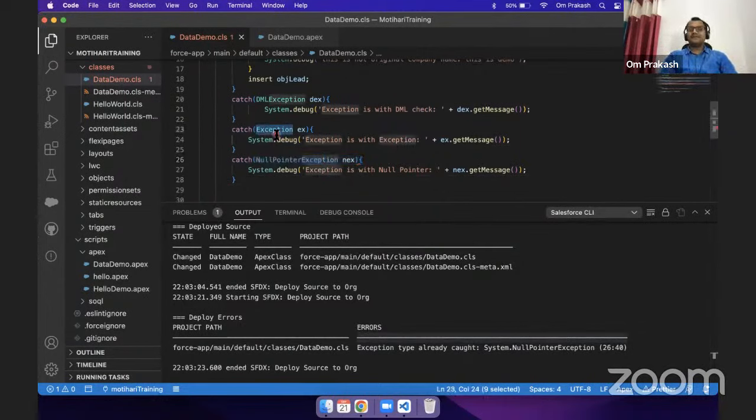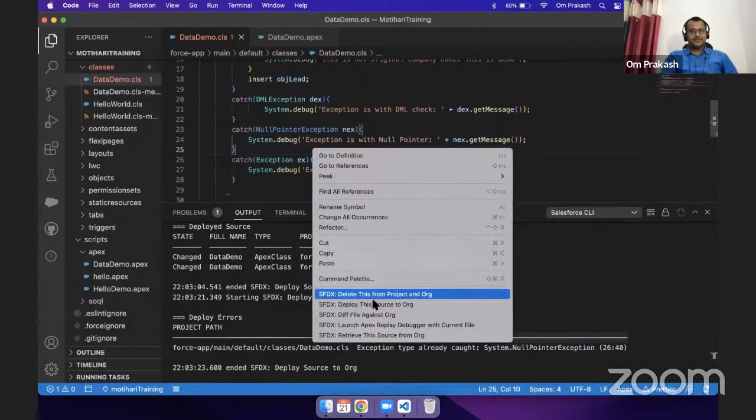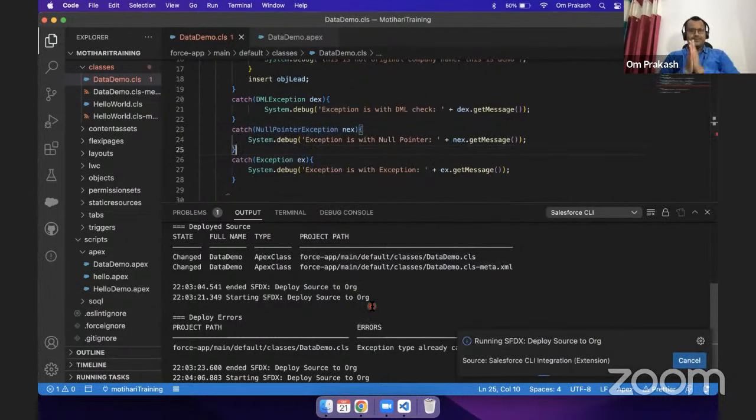Exception is the parent class of every exception. That's why it has already caught the null pointer exception. So either remove this or write it here. Now deploy. It means if you are handling